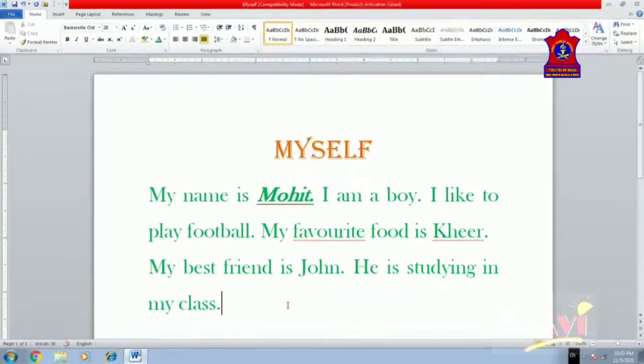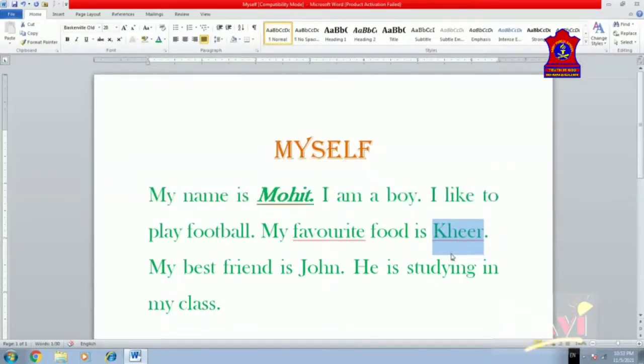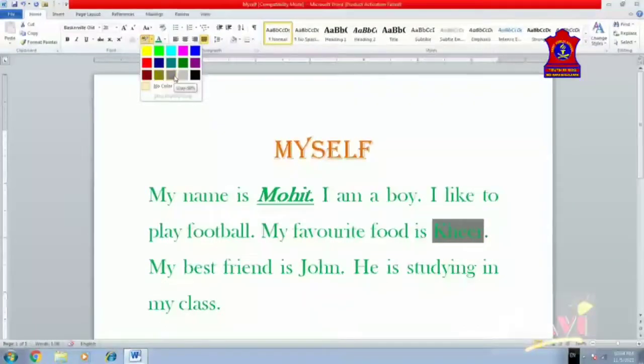Now next we are going to highlight text. So I would like to highlight Kheer here. What you need to do, select the text first, click on Home tab, go to font group and see here this is text highlighting color. Click on this arrow and select the desired background or the highlighting text.